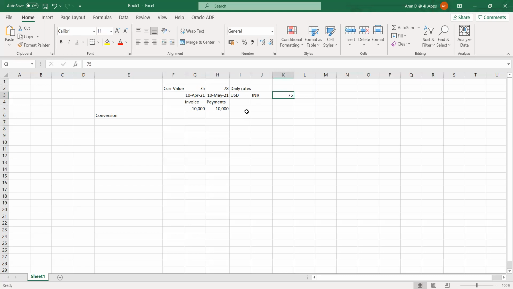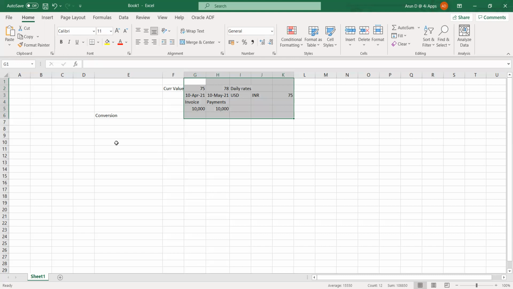So now, to understand this particular entry, how it is being calculated as a gain or loss, it is based on the currency rate that we are defining here in the daily rates. Okay. So based on this, it will calculate the values. These values will be calculated for our balance sheet accounts, that is, assets and liabilities.